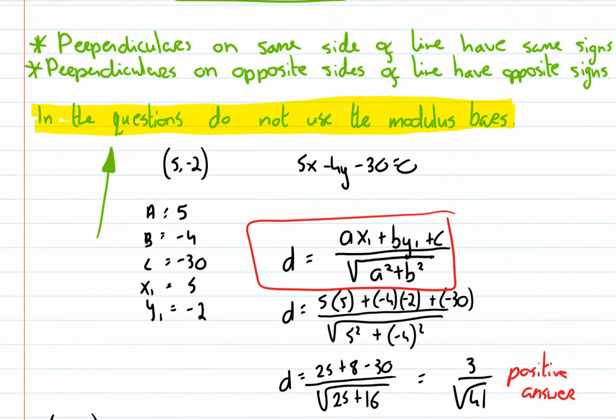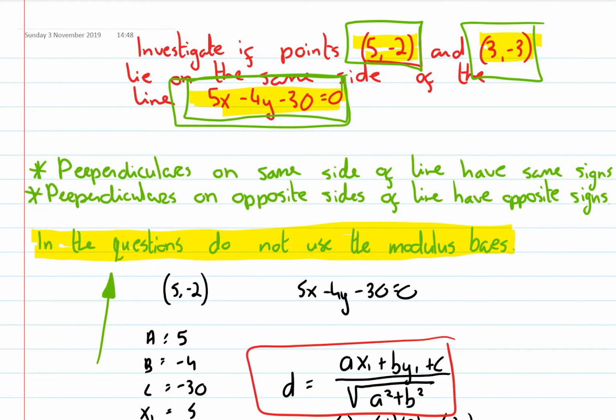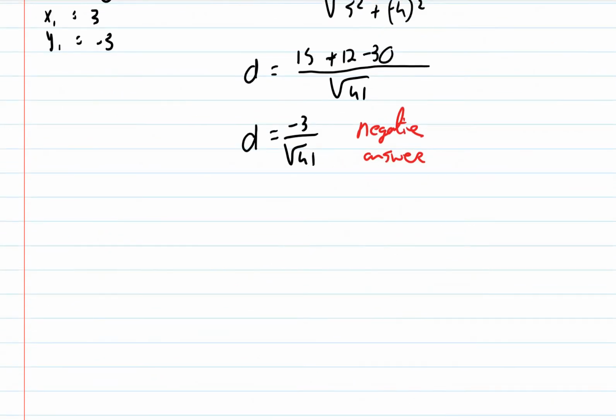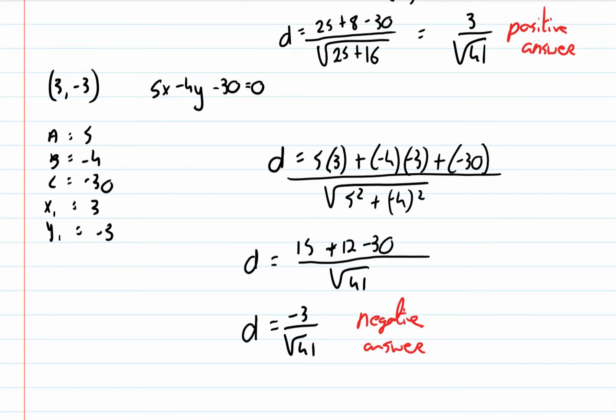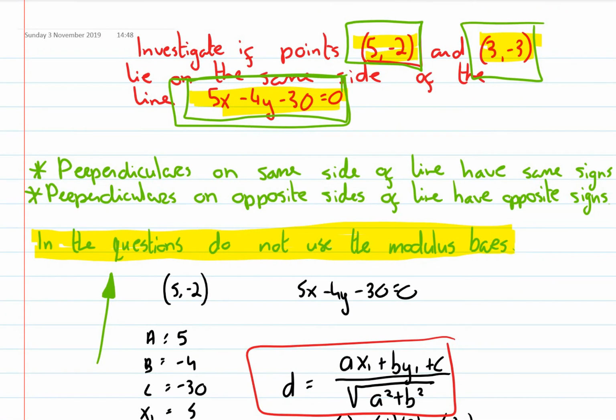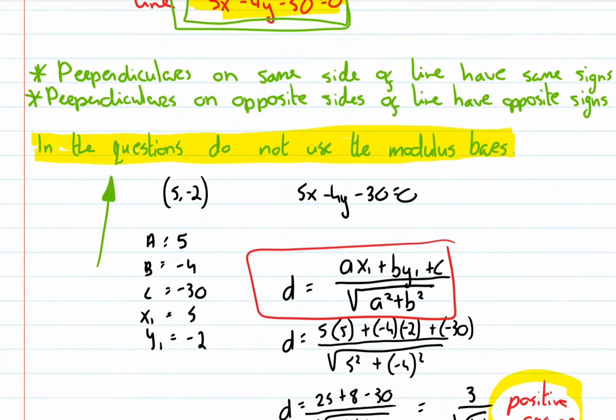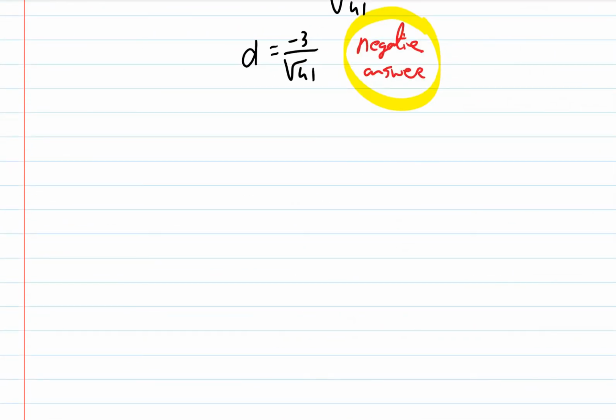So if we look up here, perpendiculars on the same side of the line have the same signs, perpendiculars on opposite sides of the line have opposite signs. Okay, simple answer for that is if these are different, then they are not on the same side of the line. So the question is, investigate if points (5, -2) and (3, -3) lie on the same side of the line. We can say